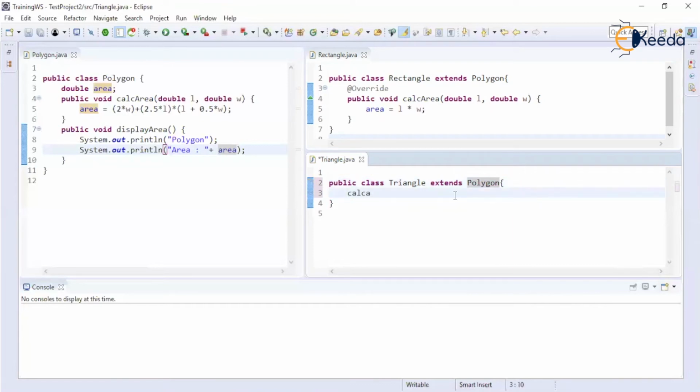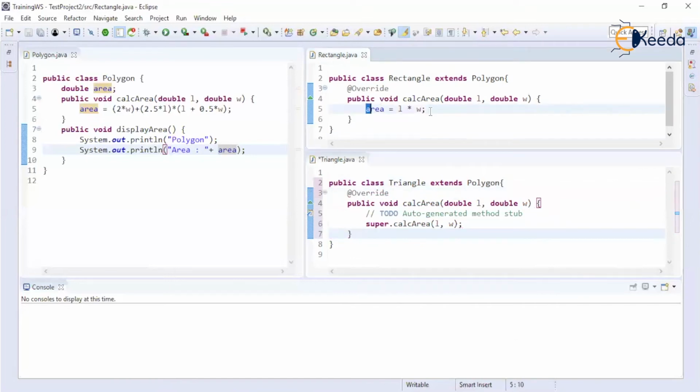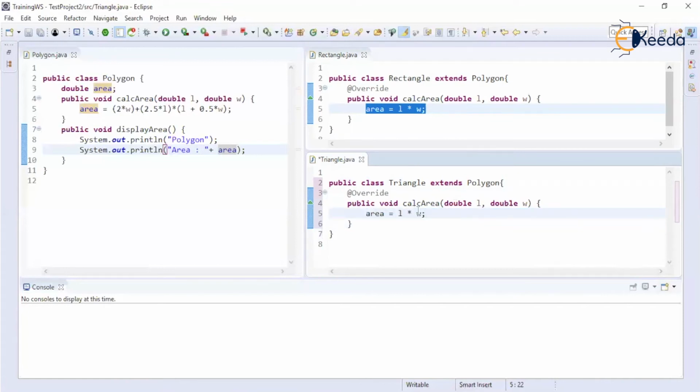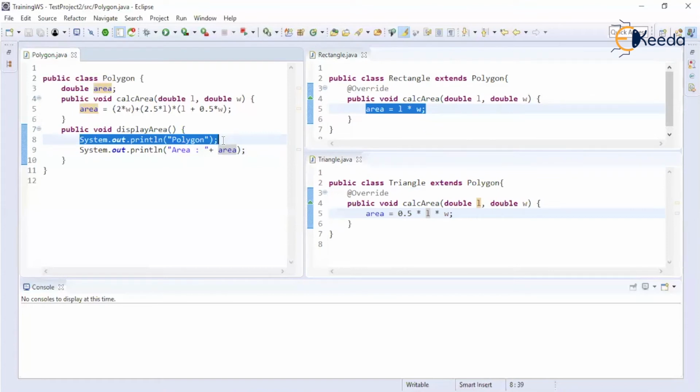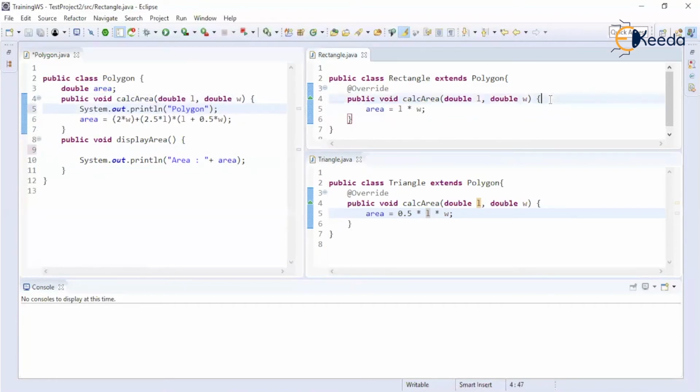So calc area, and the implementation I need for this is 0.5 multiplied by L by W. And I will just add this particular code in this calc area. This will be for rectangle and this will be for triangle,